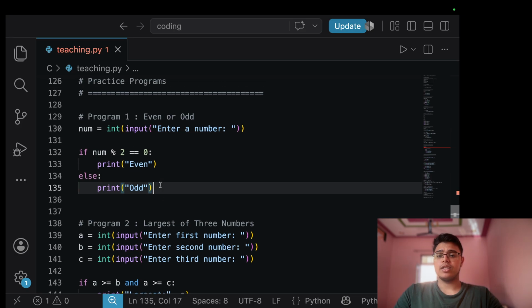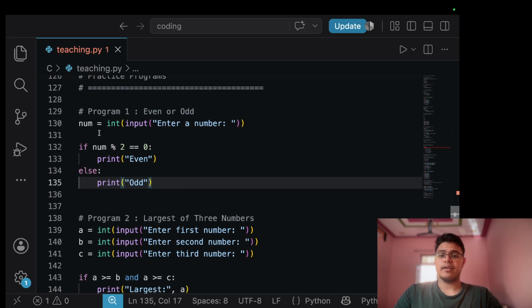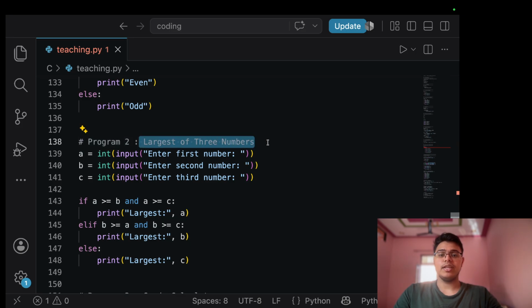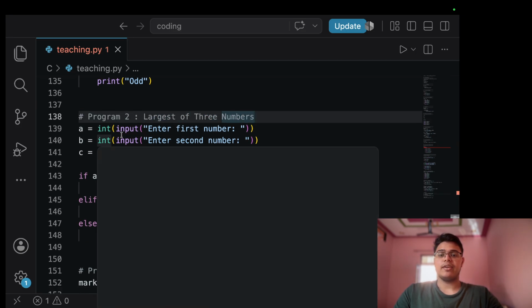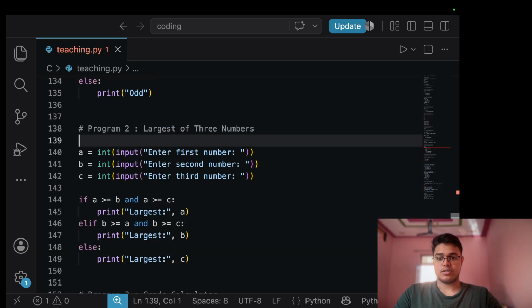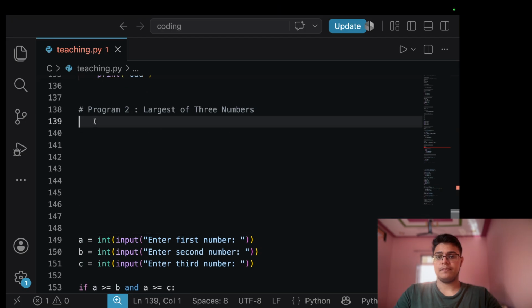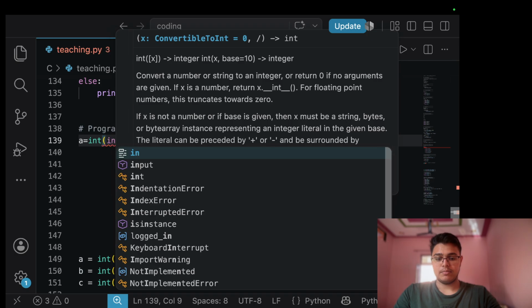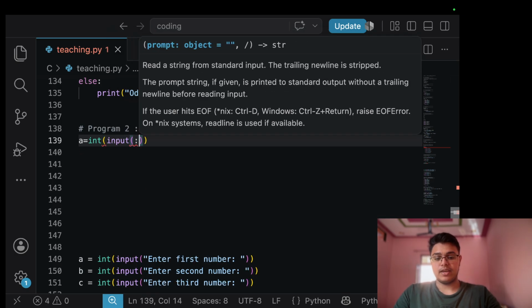Okay, so this is how our first program works, and it is simple. I guess you all get it. Now our second is the largest of the three numbers. So for that we have to again take input, int input,